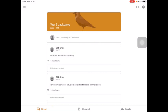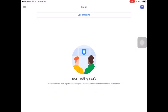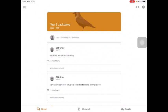Now, what might happen is this first thing. Make sure you've got Google Meet installed, which is one of the apps I asked you to install before. You click the camera icon, and when you try and join the meeting, it says you are not allowed to join this meeting, and what that means is that your teacher isn't actually in the meeting yet, so you won't be able to go into it until your teacher's in there. So what you would then need to do is just dismiss that, go back to Google Classroom, and once your teacher